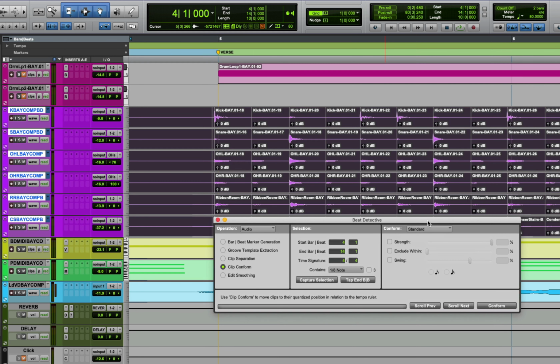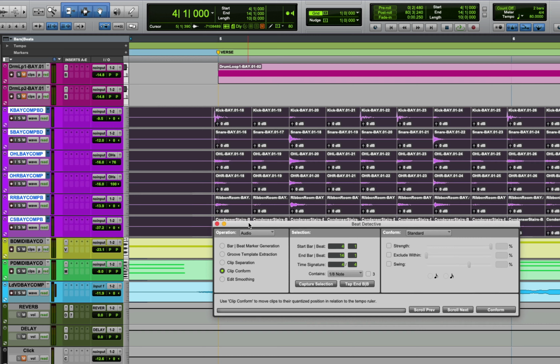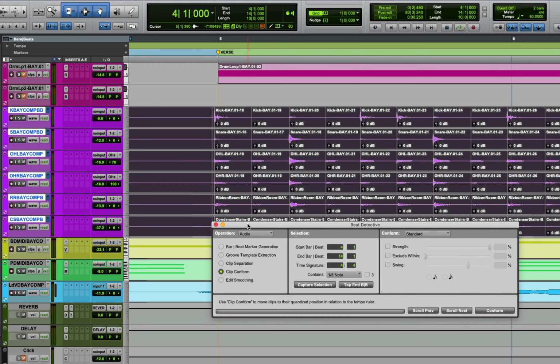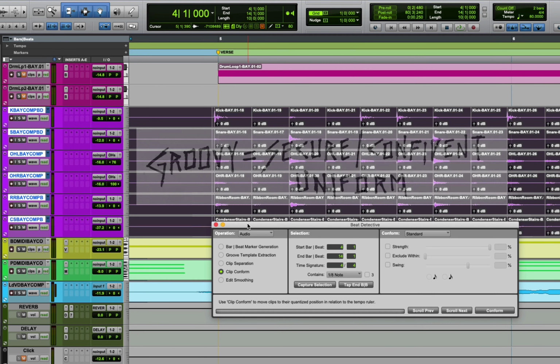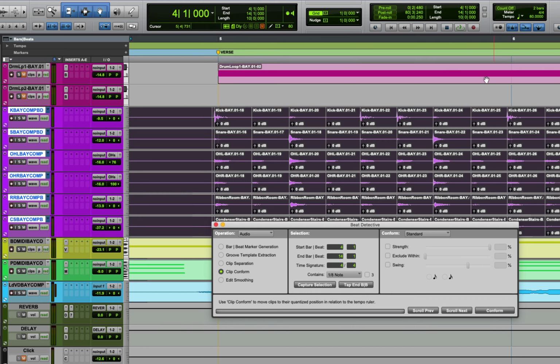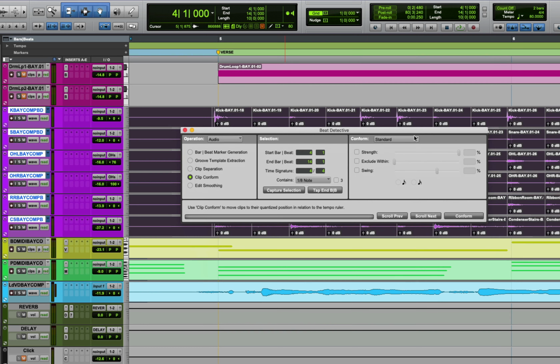And I have to say that putting things tightly to the grid, at least to my ears, makes things feel really, really solid and robust. And all of that quote unquote human feel that sometimes we fear losing is just embedded in the sound of the actual acoustic drums. So with that in mind, I'm going to keep things at standard, and I'm not going to check in strength,